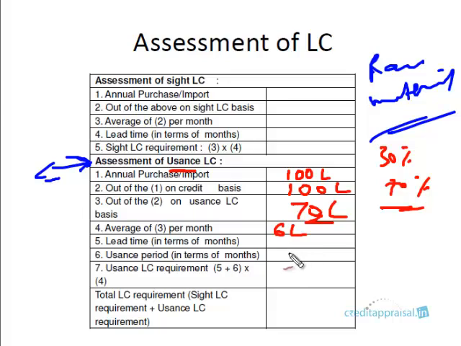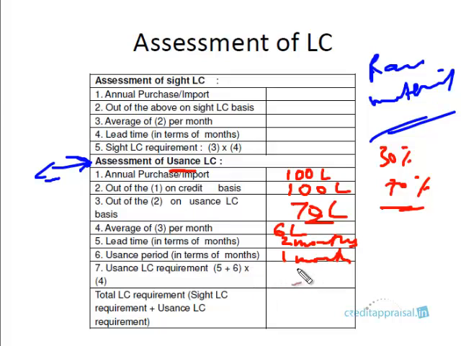There will be time in ordering, there will be time in negotiation, and actual shipment takes time, because it's not delivered through flight. It's usually through international waters, by the shipping company. So there will be lead time. Let's say it's a 2 months lead time. Then there's something called usance period. Usance period, as we discussed, is a sort of credit period: after receiving the documents, how much time we can give to the party for payment. Let us assume this is a 30 days usance, 1 month.